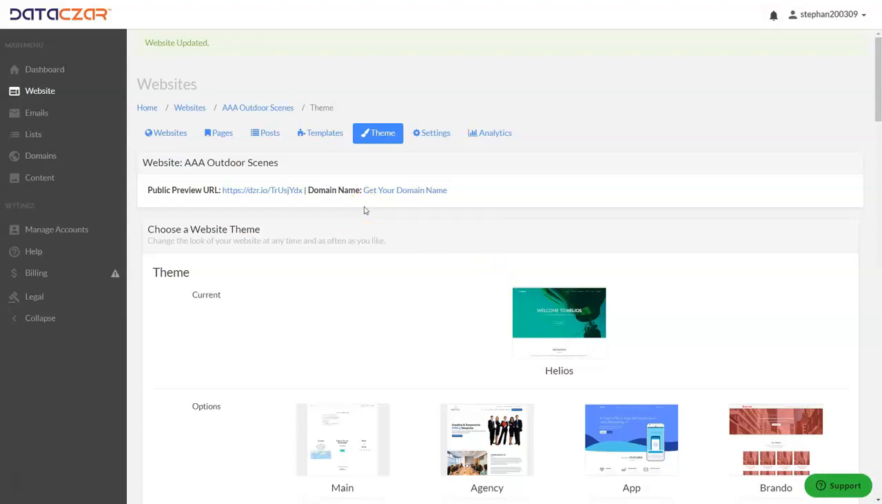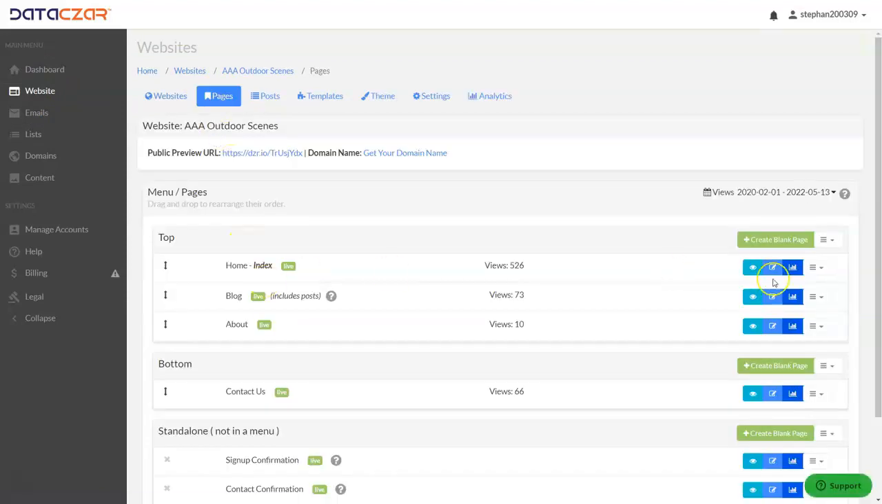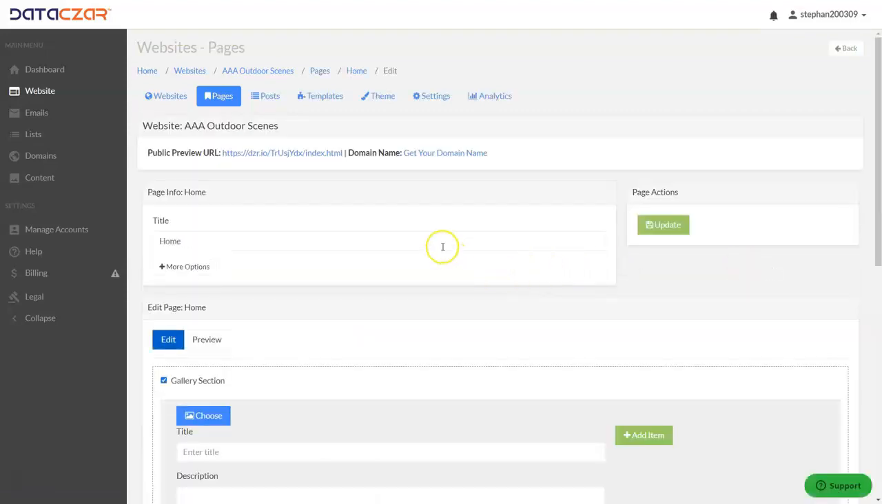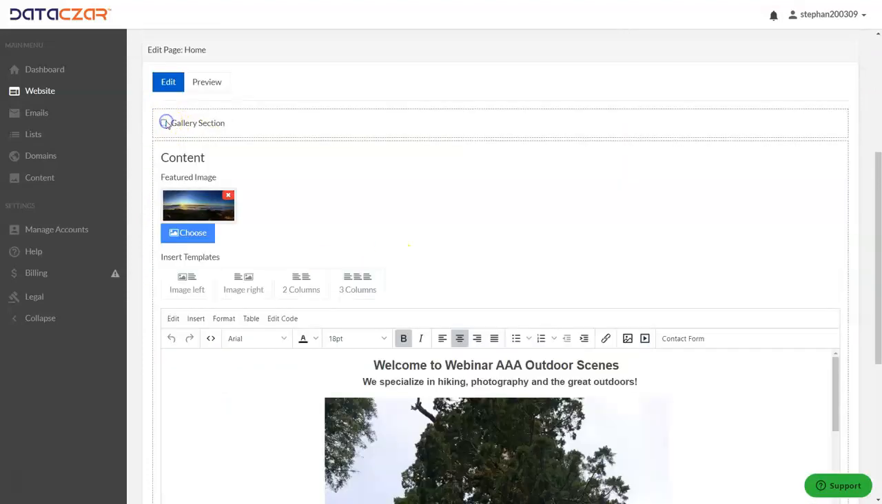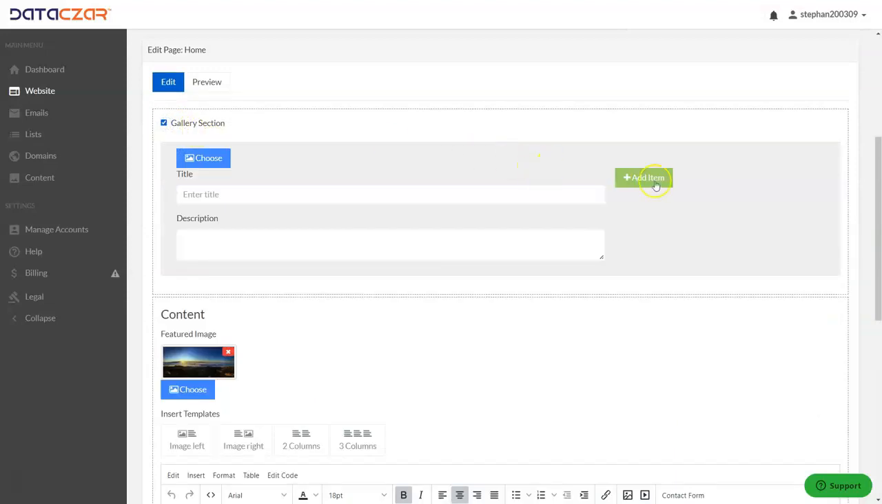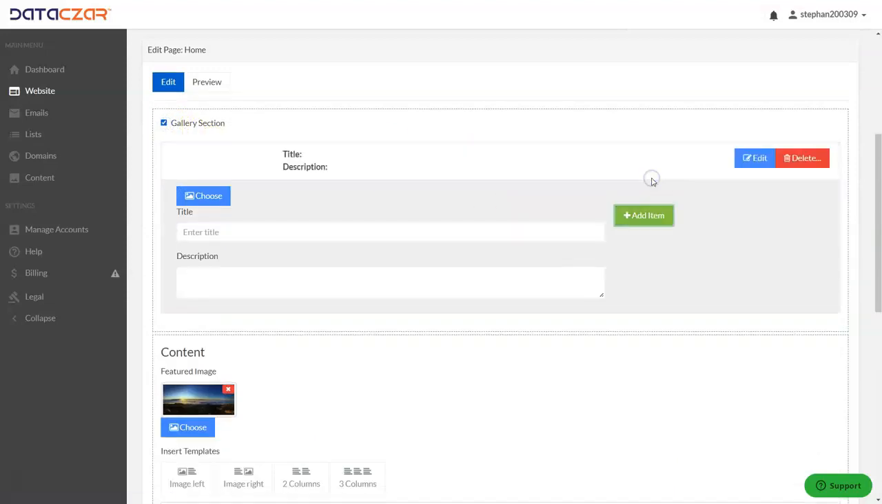The next thing that we're going to do is go ahead and add an image gallery to our home page. So we're going to click on Pages. We're back on Connect, back on the website button. Click on Pages. And we're going to edit our home page. Click the Edit button to the right of the home page. Gallery section. We're going to check this. It's normally unchecked, so you'll check it, and then you're going to add some items. So we're going to add an item,